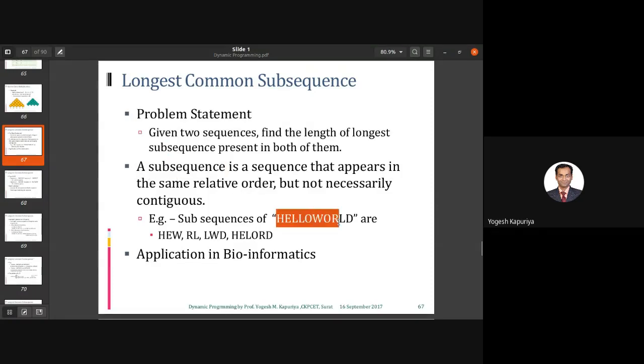Let's say you have this string hello world. If I ask whether hello is a substring of hello world, then the answer will obviously be yes. What about world? It is also a substring. But let me put it this way: we have E, O, and W. Can I say that EOW is a substring of hello world?